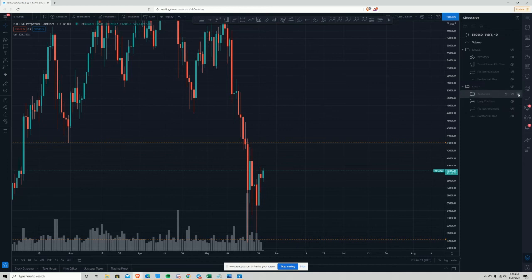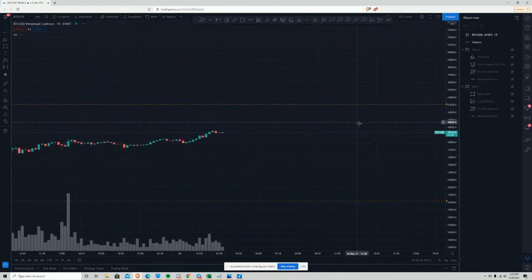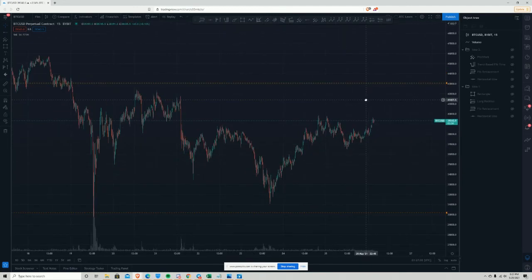actually I just deleted those. I have no idea what happened. But you can toggle things on and off to make your chart less cluttered, or you can just have more charts. And one last thing that's very important: if you're waiting for a move and you don't want to be